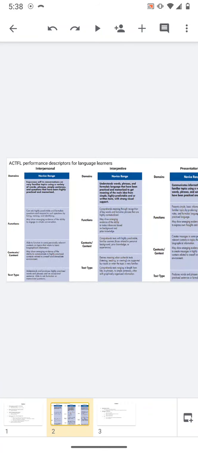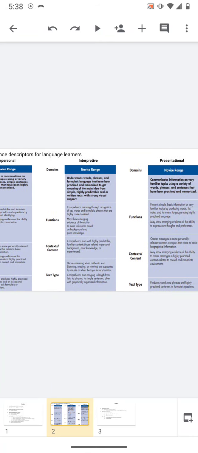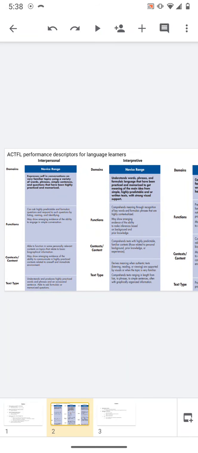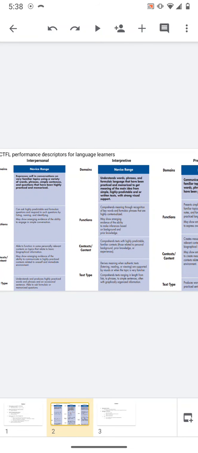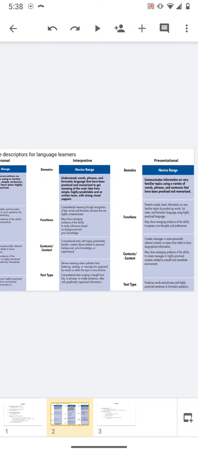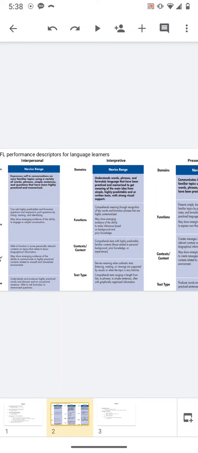And I was kind of curious, okay, so what are some of ACTFL's performance descriptors for novice range language learners? Does that correspond with what Babbel provides? And all of the aspects of performance descriptors, which are interpersonal, interpretive, and presentational aspects, the ACTFL performance descriptors